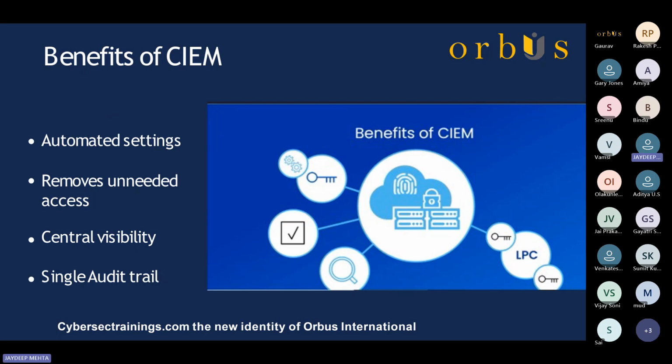Now I'm quickly walking through the benefits of a typical cloud infrastructure entitlement management solution. With this, you can connect each of your public cloud providers, the tenant subscriptions that you have with them. The beauty of this is it will scan all the resources and IAM policies in your cloud provider, and it will assist you with,